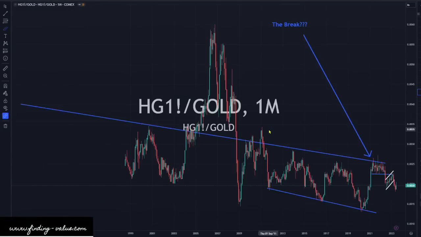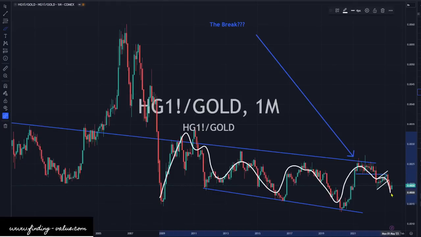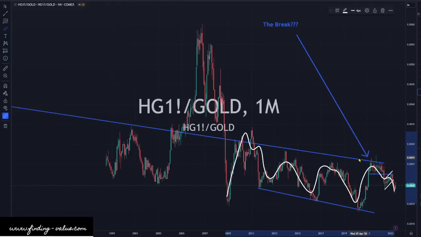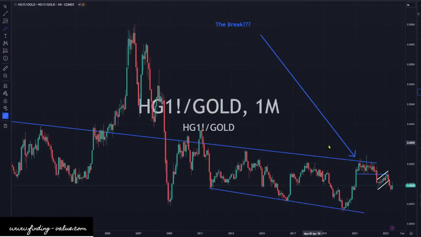Copper to gold ratio. This is okay. So when this generally goes lower, that's signaling a problem in the market. So we dropped off a cliff there in '08. Big problem in the market. We gathered ourselves for a little while, consolidated sideways. We're still consolidating, and we haven't broken out of this big, gigantic downtrend line here. If we were to break out of this, that is signaling extreme tightness in the economy and